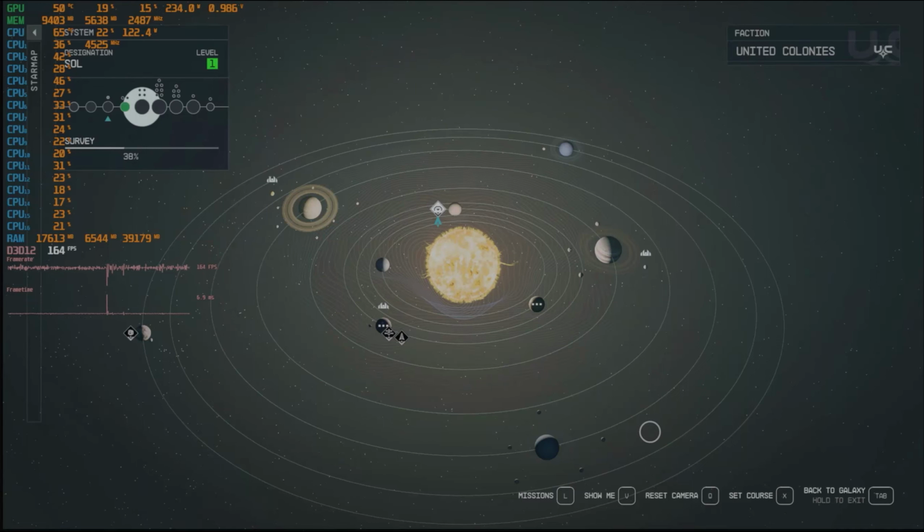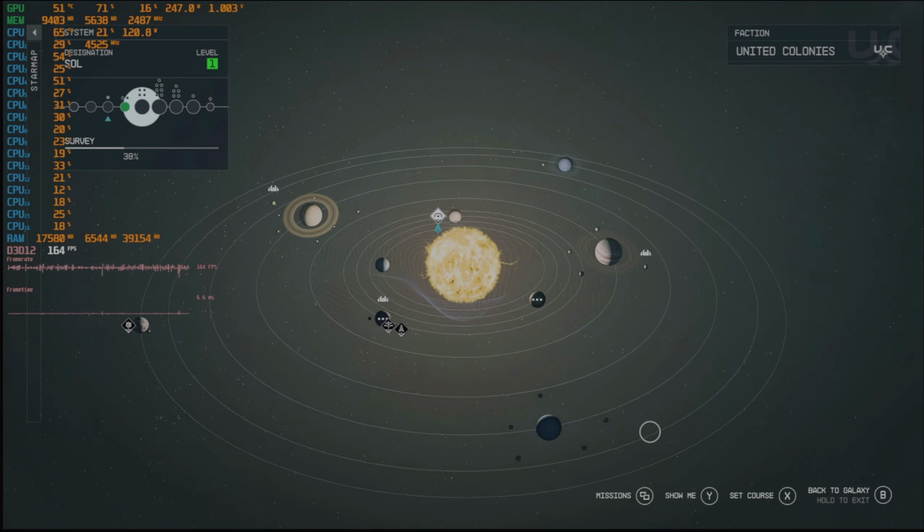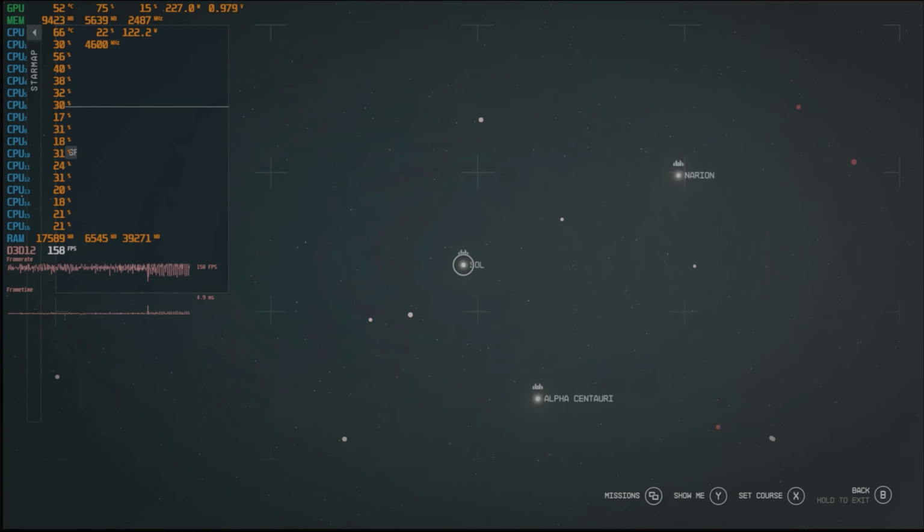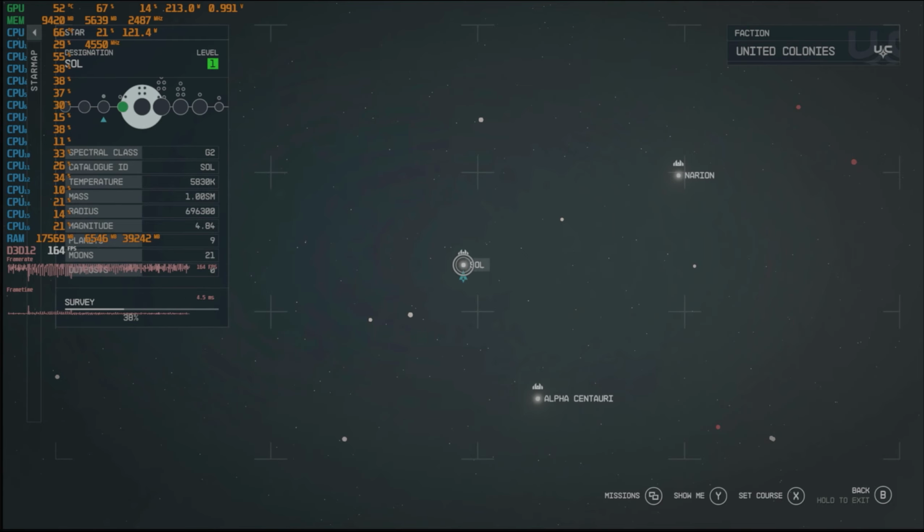I'm Andrew and today we're taking a look at Starfield, running on a 7900 XT with a 5900X CPU and 32